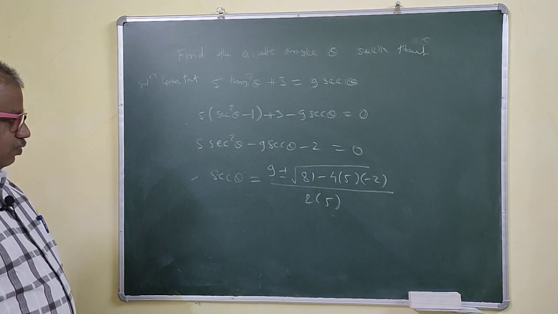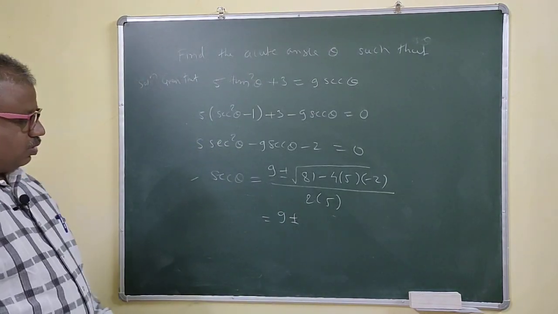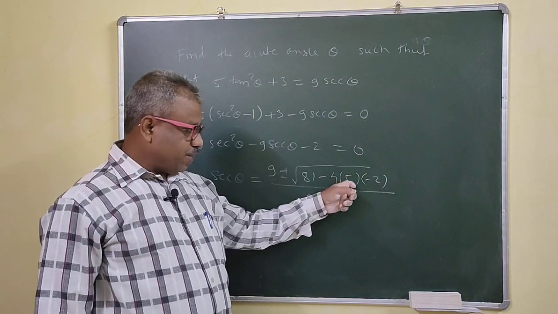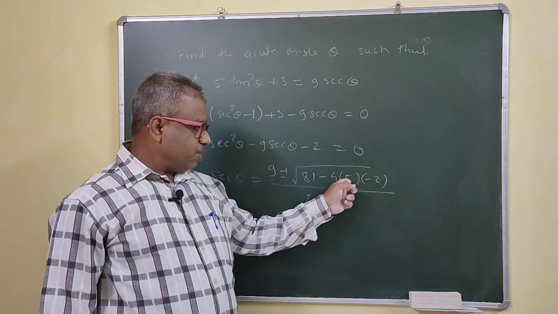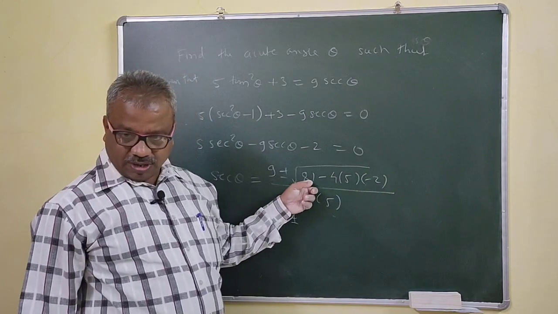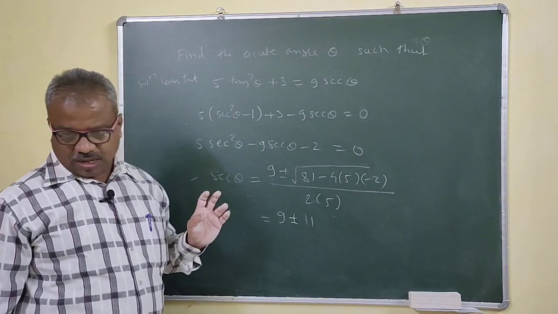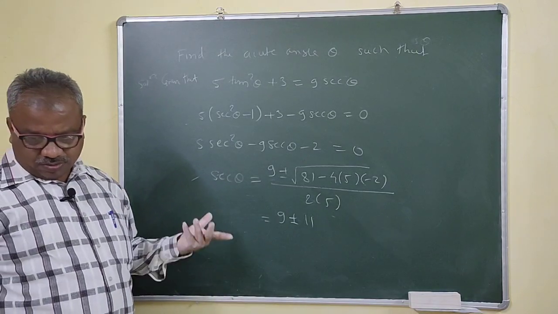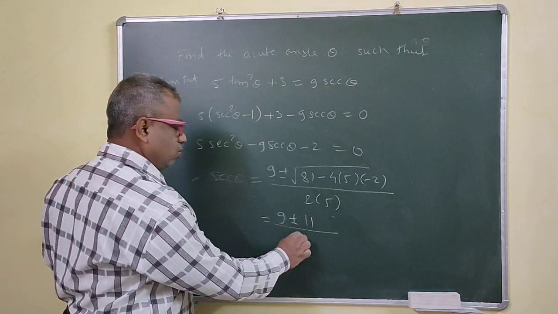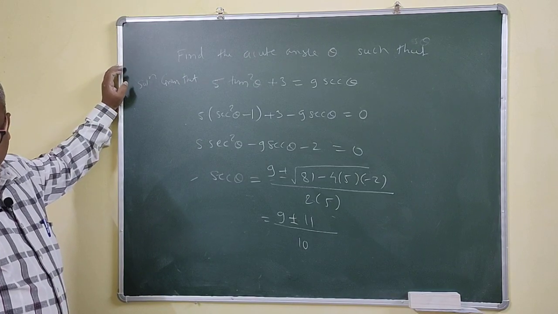Okay, so now we'll simplify this. So 9 plus or minus root of 81, this becomes plus, so 20 into... plus 25 into 4 is 40, so that is 121, and the root of 121 is 11. Don't write all the steps here. Those steps are not expected from you, because all this is a 9th standard problem actually. So no need to write all the steps here. So you are able to do this one.